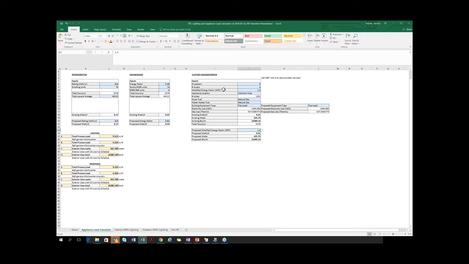And if you have gas for either the clothes washer DHW or the dryer, this will by default have to go into exterior uses. But if you have electric and it's in the unit, it will go into the unit. And I'll show you how that works right now. So in this case, we have washers and dryers outside of the unit. So it's a common